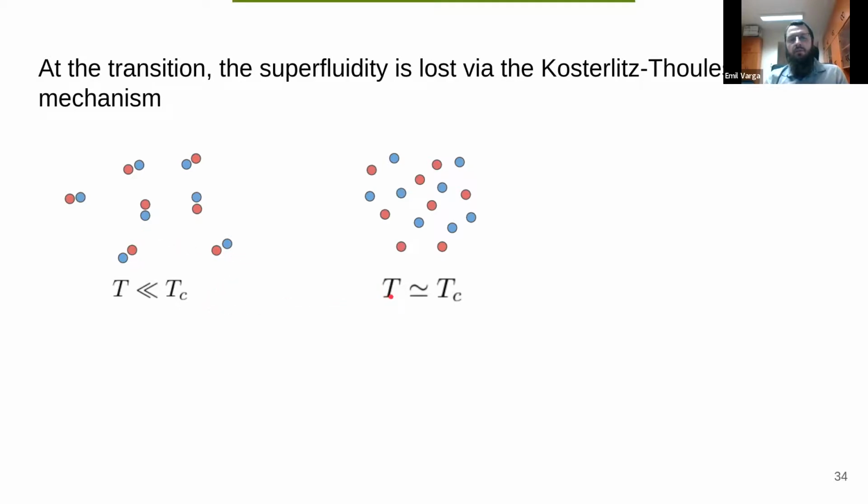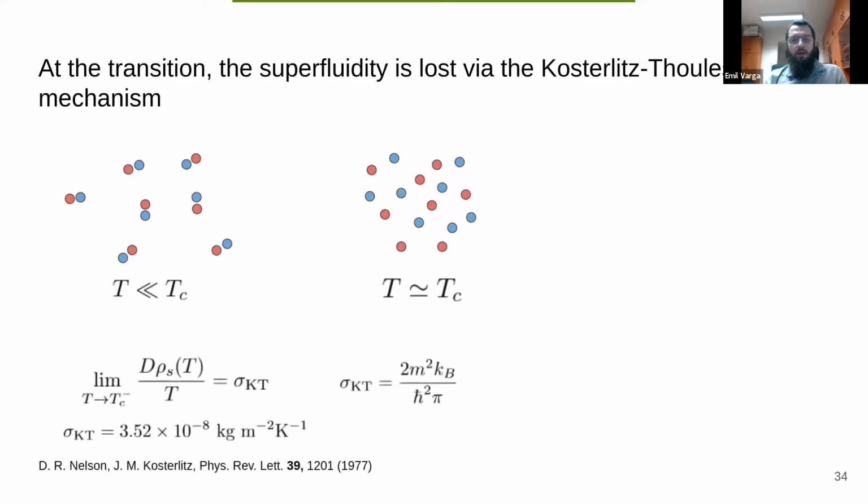Now, as the temperature is increased and approaches the critical temperature of the Kosterlitz-Thouless phase transition, this kind of gas of molecules becomes a plasma, and this is a fairly sharp transition. The system stops being able to support superflow, a dissipation-less flow, which leads to a so-called topological or Kosterlitz-Thouless phase transition. At this phase transition, the superfluidity is lost discontinuously, and the loss of superfluid density is given